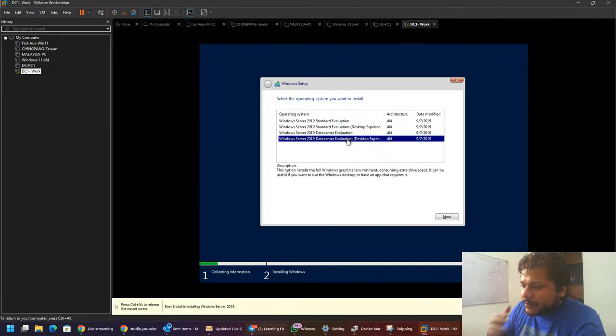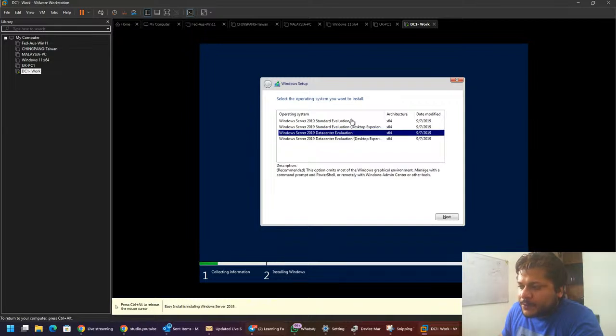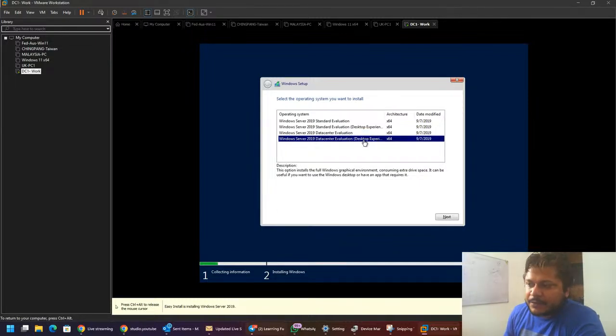Now, as you can see on my screen, I've selected Windows Server 2019 Data Center Evaluation, the desktop experience option. Make sure you always select desktop experience. The core options over here, which do not display the desktop experience, are Windows Server core, meaning you can only use code, or you can only use command prompt or PowerShell to manage or do anything on that server. Desktop experience gives you a visualized way of managing things as if you're using a desktop Windows machine, like your clients such as Windows 7, 10, 11. Similarly, you'll have the Windows Server as well. The core option, the other option, does not show the desktop experience.